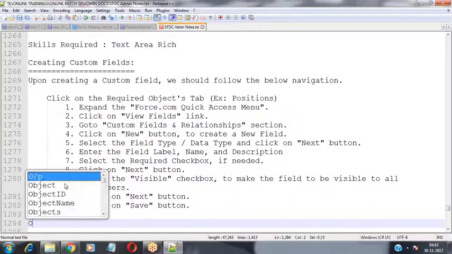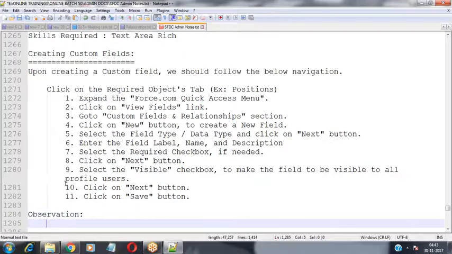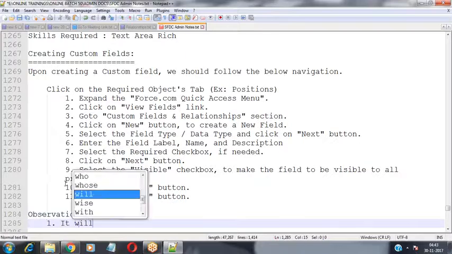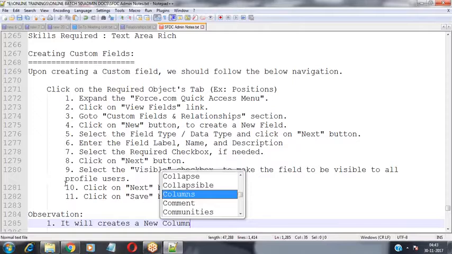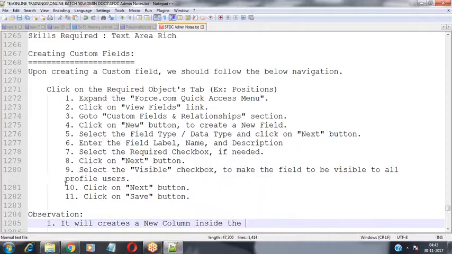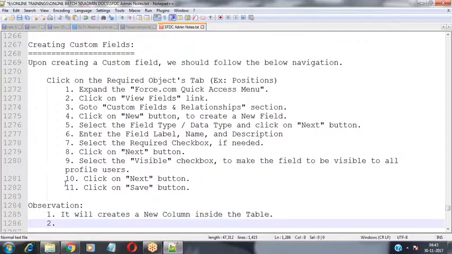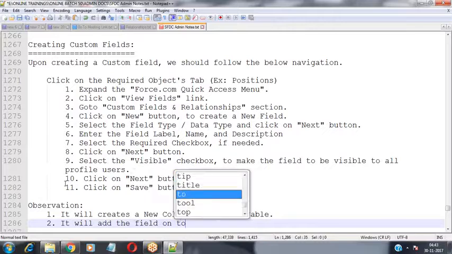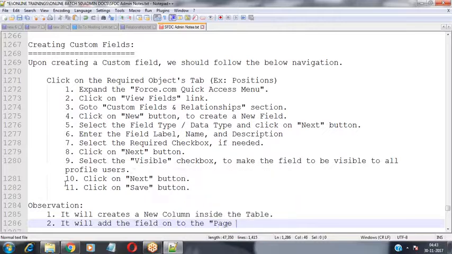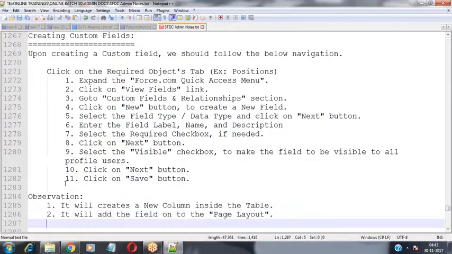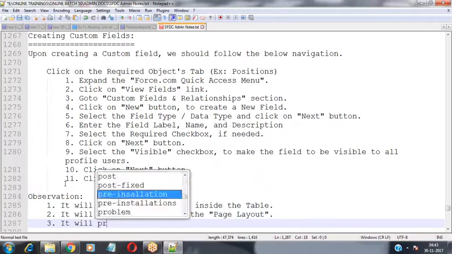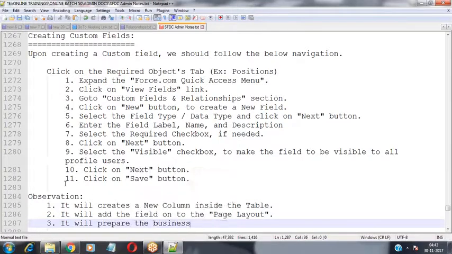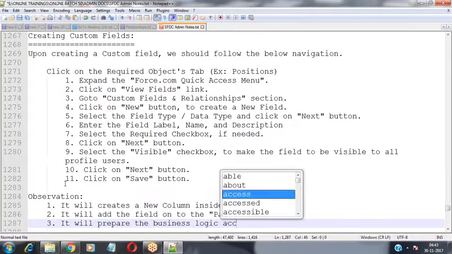So now upon creating this field, what will be the observation? In this case, it will create a new column inside the table, and it will add the field onto the page layout, and it will prepare the business logic accordingly.